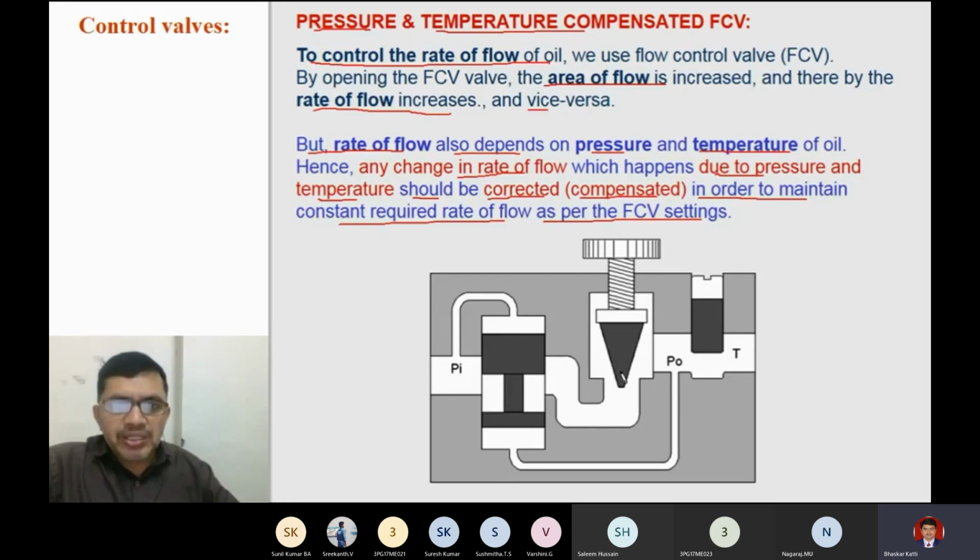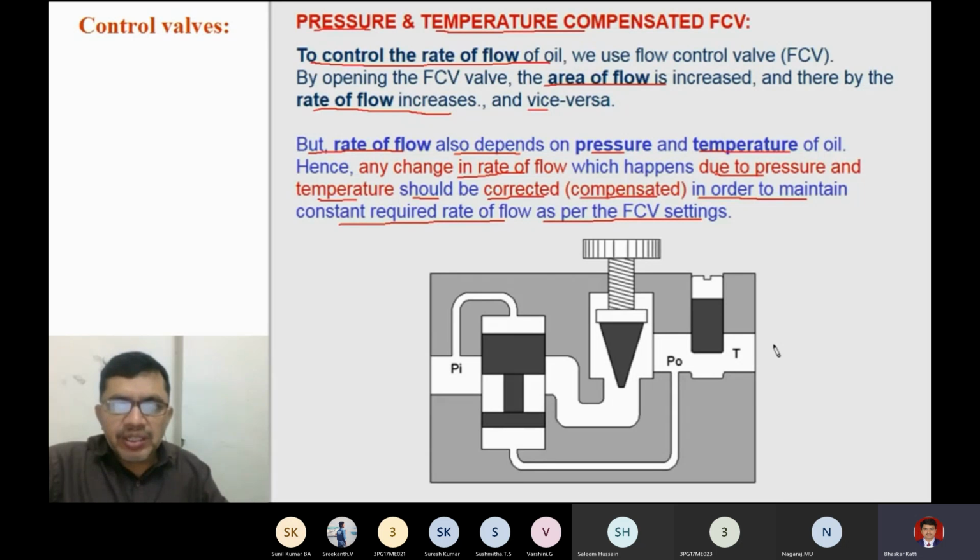But if pressure at the outlet of this valve increases, then due to that pressure at the outlet, the flow rate will reduce to a certain extent. And in the same way, if the temperature of oil is increased, then viscosity will reduce, due to which the flow rate will be slightly higher. So this variation in the flow rate due to pressure and temperature should be compensated.